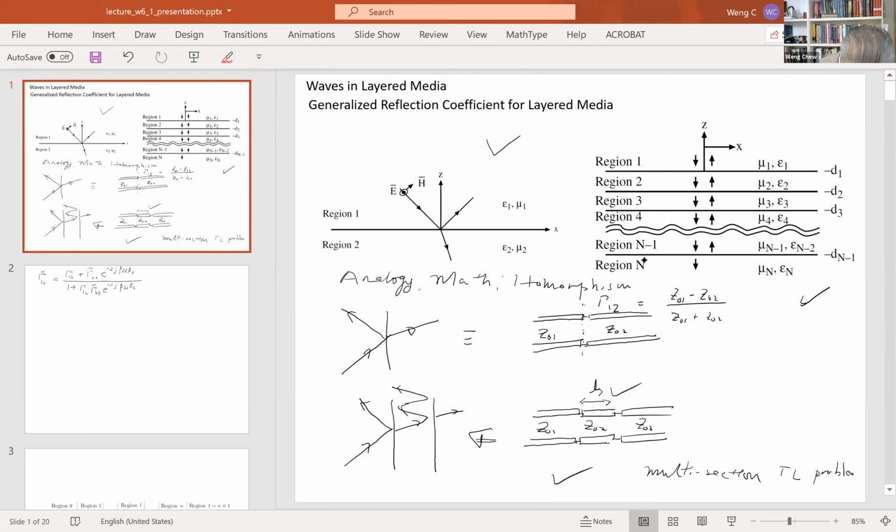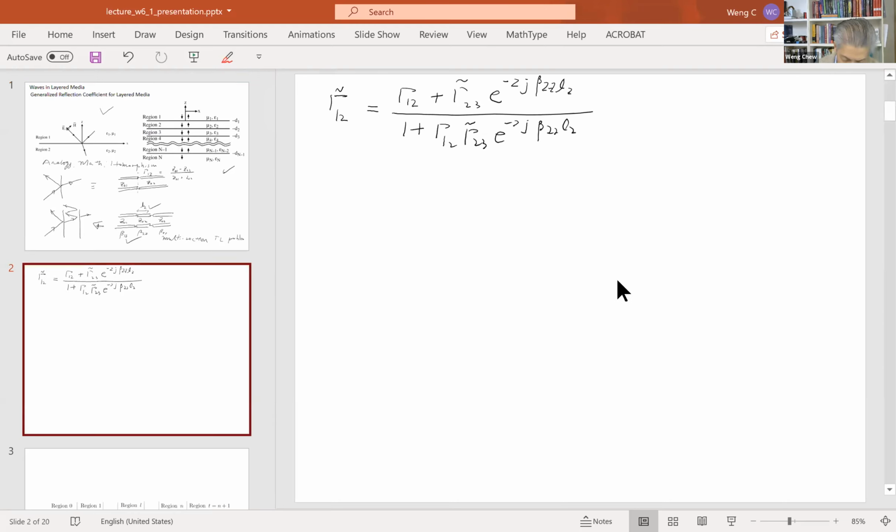if this is L2, and then if the wave number in this region is beta 2z, and then the wave number in this region is beta 3z, and then the wave number in this region is beta 1z. We know how to solve this transmission line problem. And the derivation is kind of long, but it's given as a homework problem for you so that you can actually derive this formula. The important thing about this formula is that